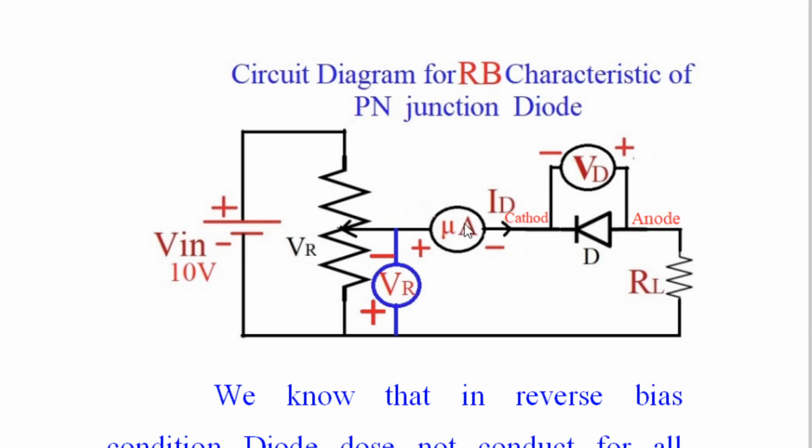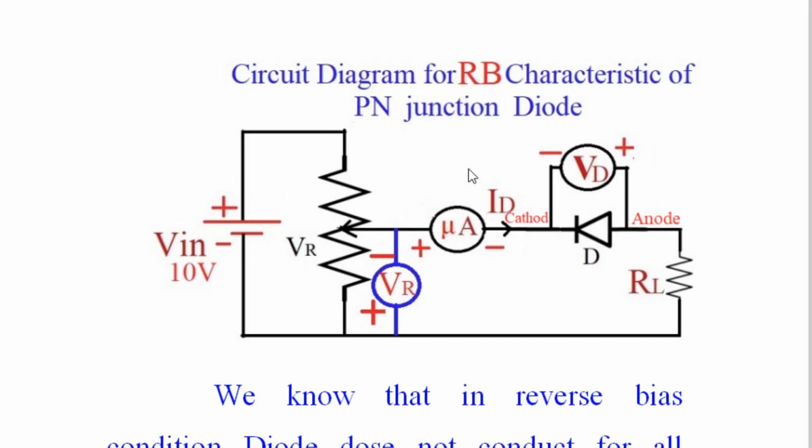Of course, through the current meter's internal resistance, which is very less, a few ohms, and then through this resistor to the positive of the battery. Therefore, this voltmeter will also measure the voltage across the diode as minus, that is negative, and current is already flowing in the negative direction from cathode to anode. Therefore the IV characteristics, that is current versus voltage characteristics, of the PN junction diode in reverse bias condition will be in the third quadrant,